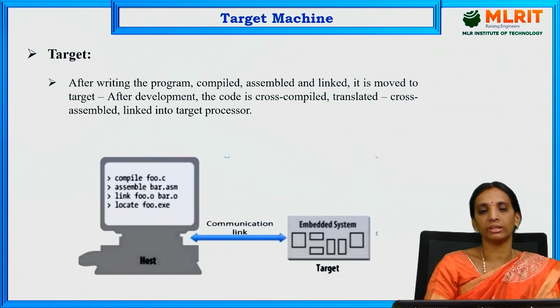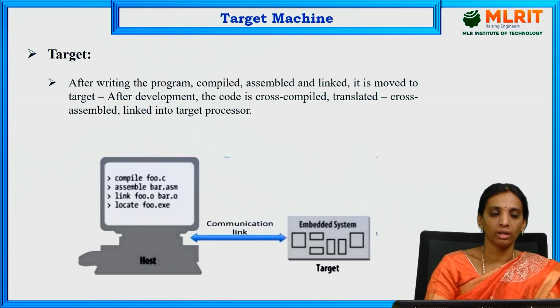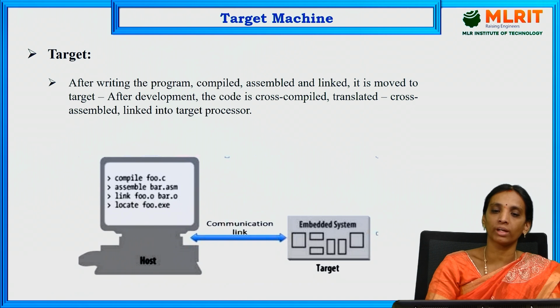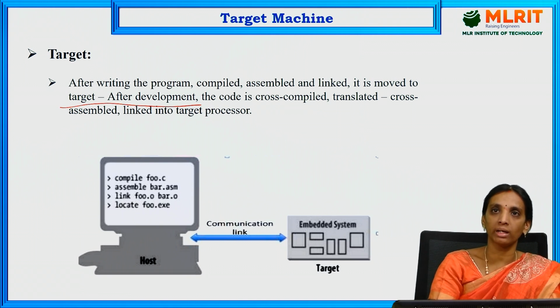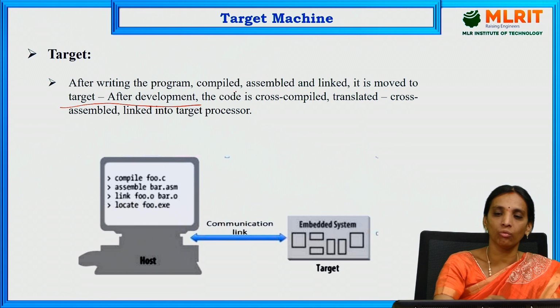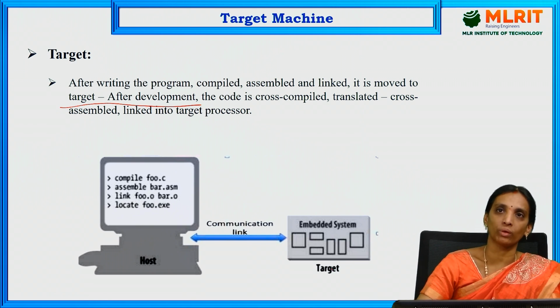And next, target machine. So till now we have discussed the host machine. Target machine is nothing but what we get after writing any program, after compilation, after assembling and linking and adding all the library files to it, then it is moved to the target. So after development, it goes for the real-time application. Till now we have seen everything in the software process only. Whatever process we want to do for testing in the software, it's all done in the host machine. So now we enter into the real-time scenario.